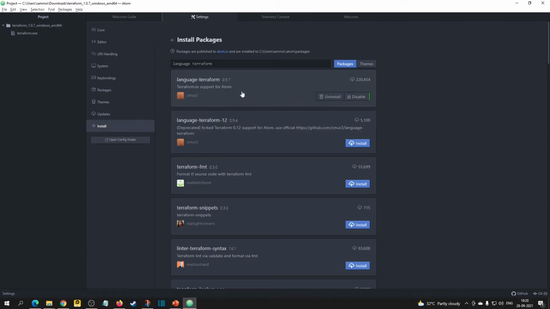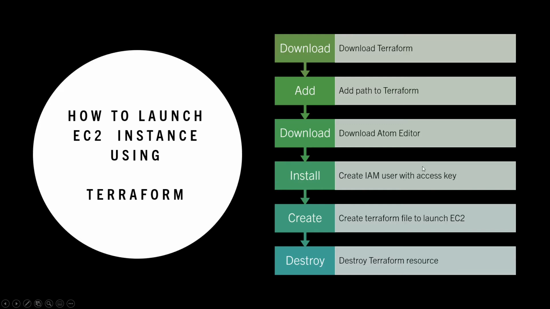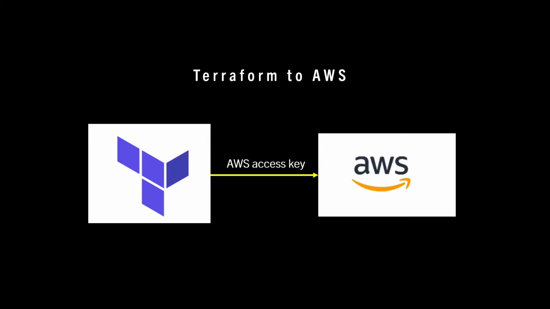After installing this Terraform package, next you need an AWS account. You can create a free AWS account easily. Terraform interacts with AWS, so we need an access key. Otherwise, it doesn't know where it needs to authenticate or authorize. Without that, Terraform doesn't know whom to contact. We may be giving provider AWS, but we need to create credentials so that Terraform knows which user, I mean which authentication it has to authorize from AWS.